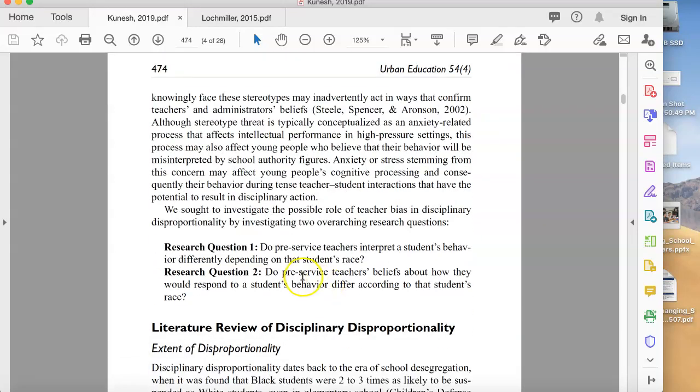and then they lay out their research questions. They say, given the approach we're going to take, these are the questions we're going to answer. So 2 questions: do pre-service teachers interpret a student's behavior differently depending on that student's race? And then 2, do pre-service teachers' beliefs about how they would respond to a student's behavior differ according to that student's race? So that's 1 question about beliefs and a second question about potential responses. Then they get